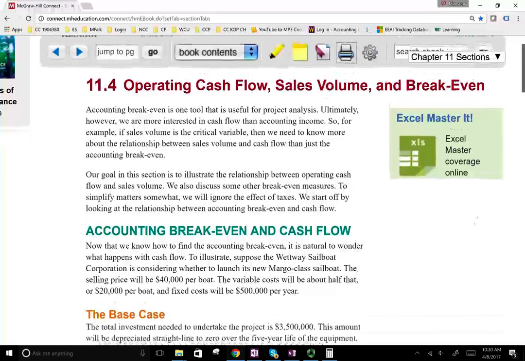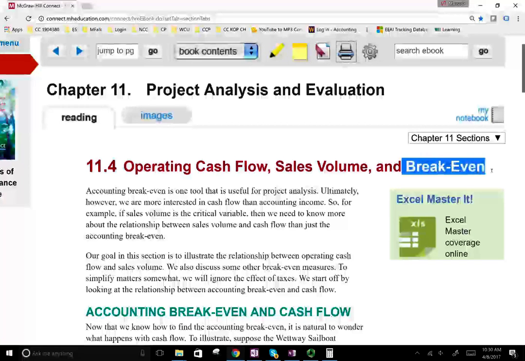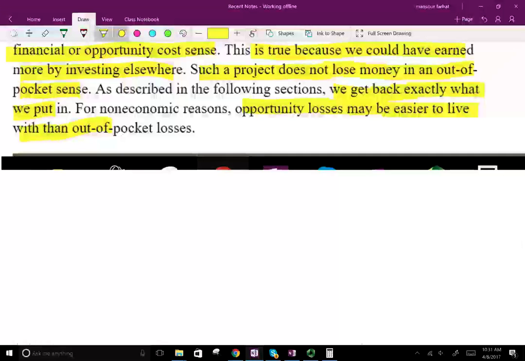Hello and welcome to the session in which we will look at operating cash flow, sales volume, and break-even. If you don't know how to calculate the basic break-even formula that we looked at in the prior session, please go ahead and review the prior session. Otherwise, what we learned in the prior session is that the accounting break-even